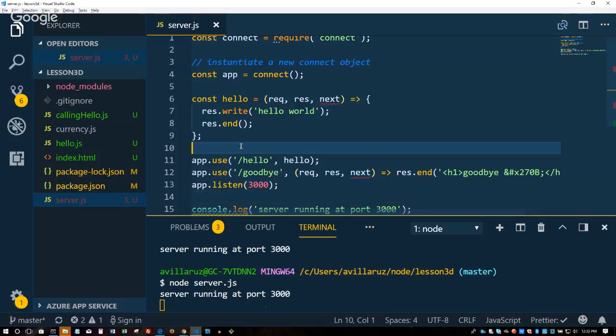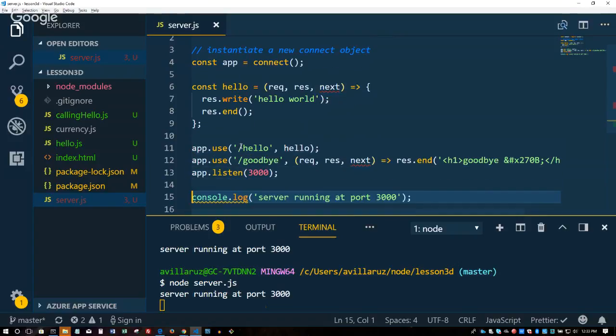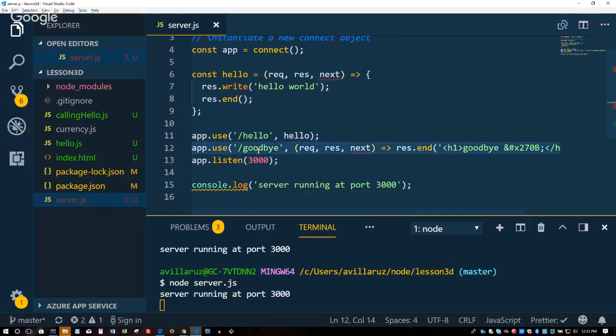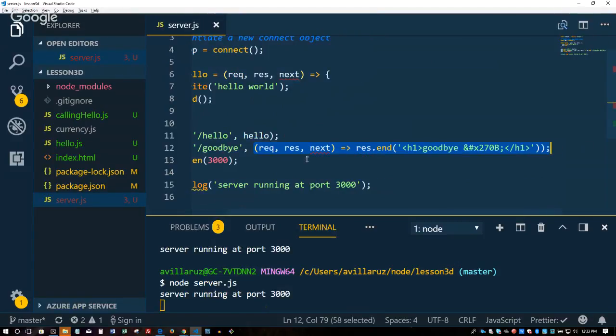So you may have written a very similar function. I'm just going to throw in a bone here just to make you aware. What I did here is something a little bit different. Instead of creating a function called goodbye and referring to that, I just replaced that entirely with the actual function. This is called an anonymous function because it has no name.